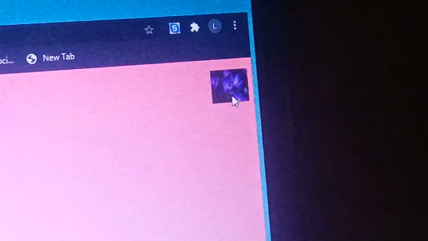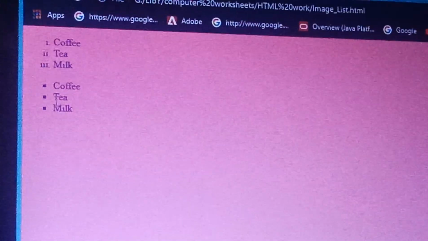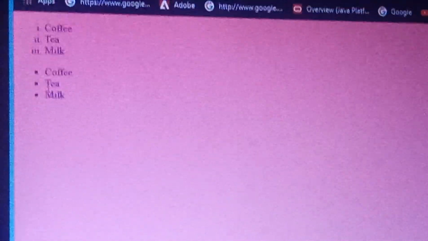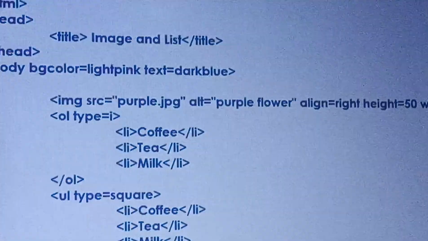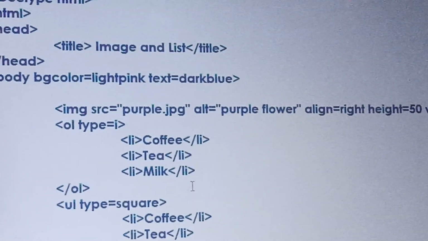You can see it's a small image because I have decided that the height is 50 and the width is 60. Is it clear? So this is how your page is going to look. The background is light pink in color, and the text that I have written is in blue.